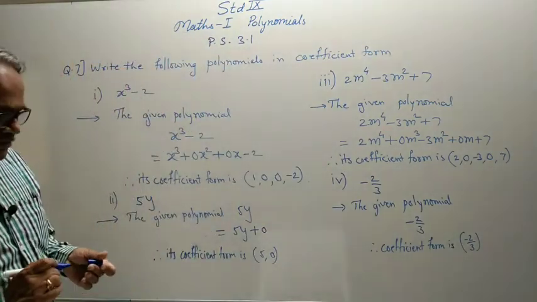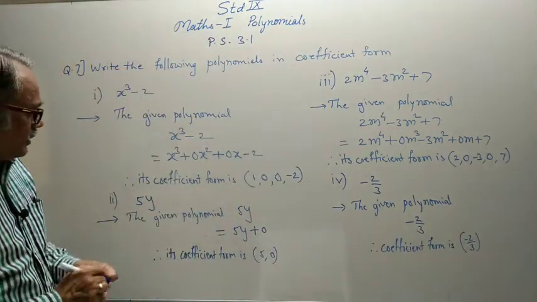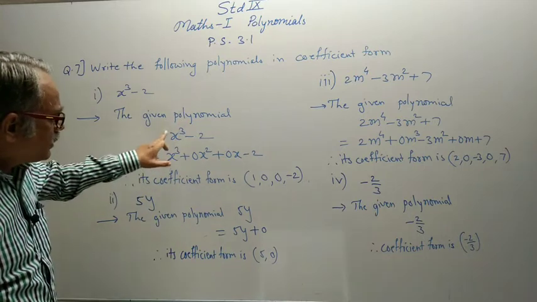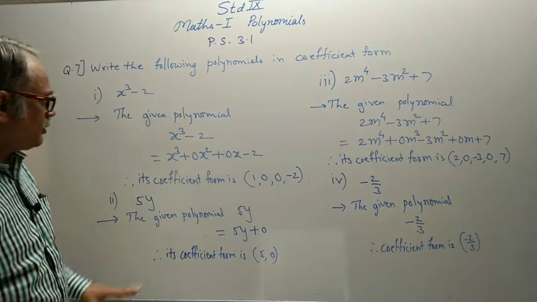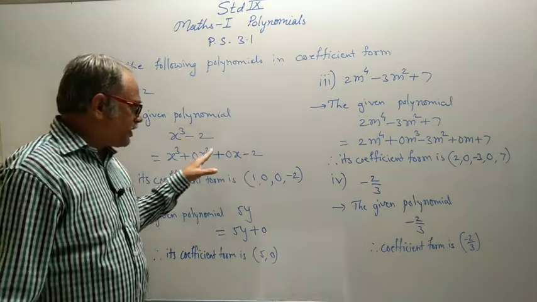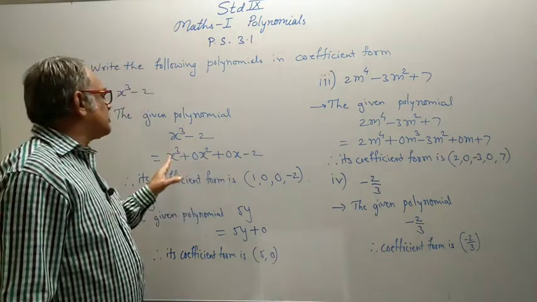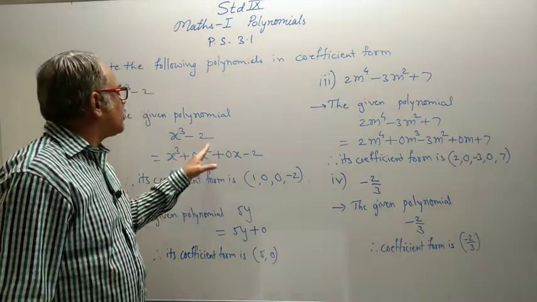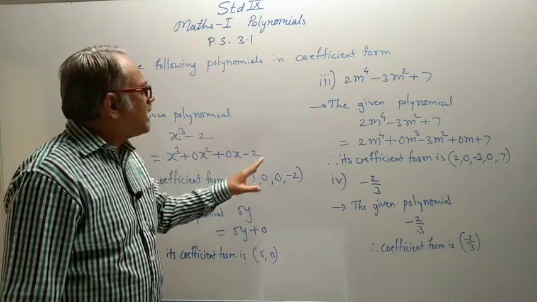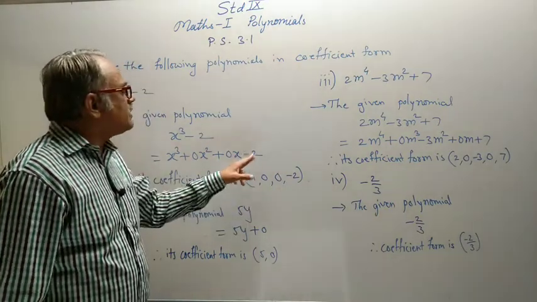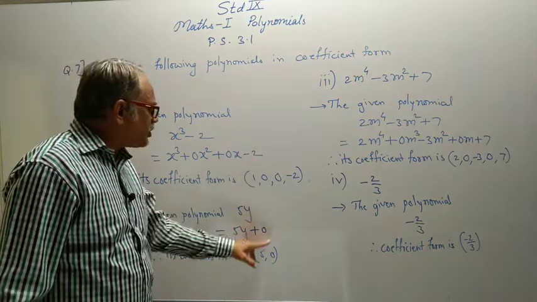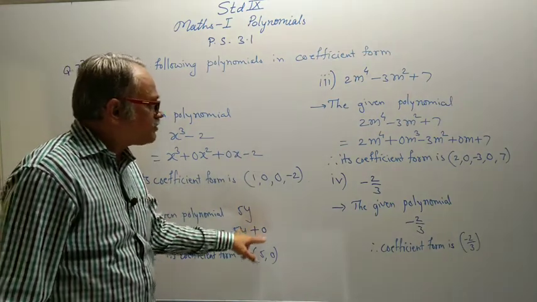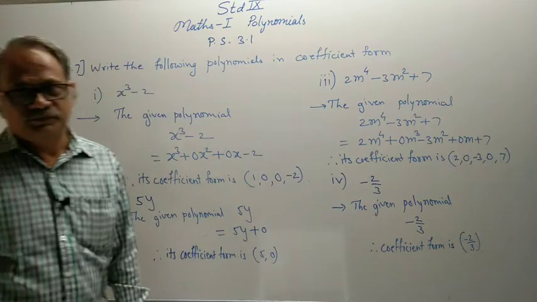So neatly observe what changes are made. First we have written the given polynomial, then wherever required we introduce a 0 term. Also we confirm that it is in the descending order of indices, and then we wrote it. And always the last term must be the constant term. If it is not there, it must be written as 0.